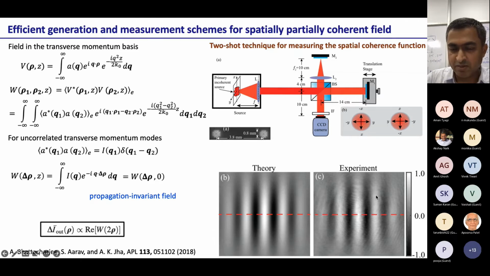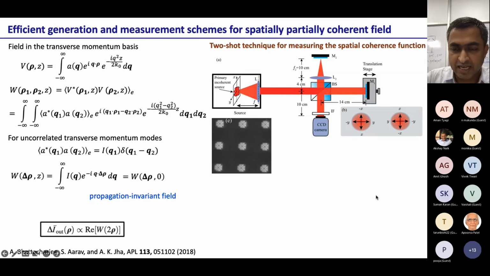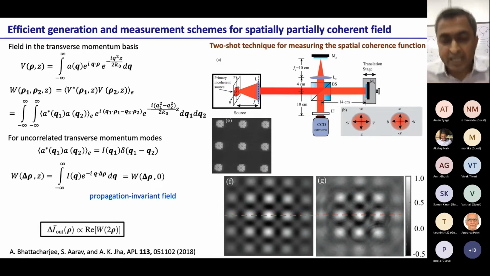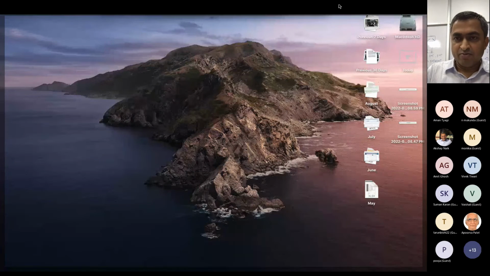This is theory, this is experiment. Then we actually did it with this source, comprising all 9 LEDs. This is how the coherence function looks, the theory, and that's how we were able to get it experimentally. So now that we had a way of generating a coherent source, the coherence function of which was not changing as a function of Z, and also a very powerful way of measuring it,